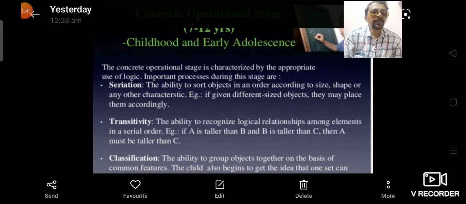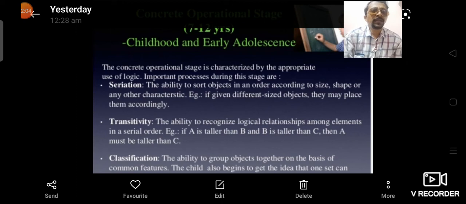For example, A, B, C, D are named persons. You can tell them who is taller, who is average, and who is smallest. They are able to tell the